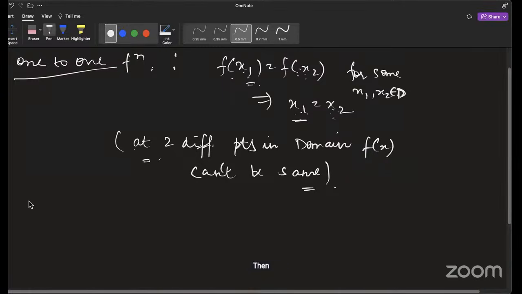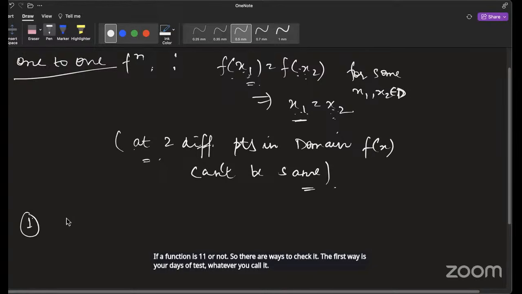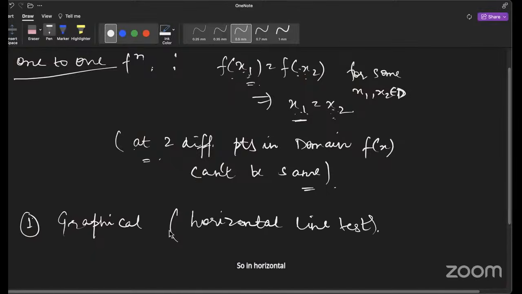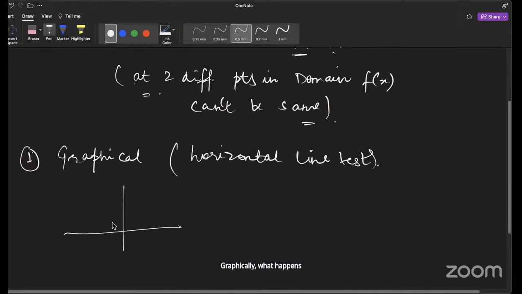Then how do we check if a function is one-one or not? There are ways to check it. The first is your graphical method, which is the horizontal line test. In the horizontal line test, let's just say you have this function, and on the other hand, you have this function. What happens here is, if you draw a horizontal line here or anywhere,